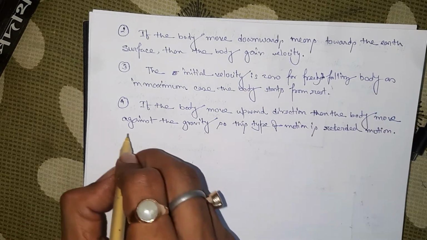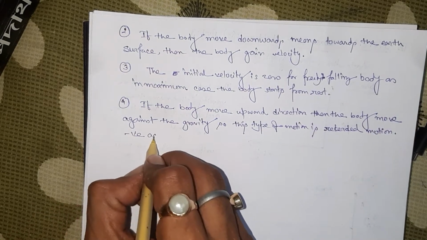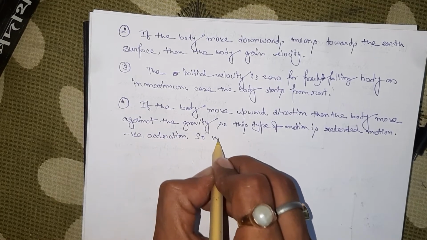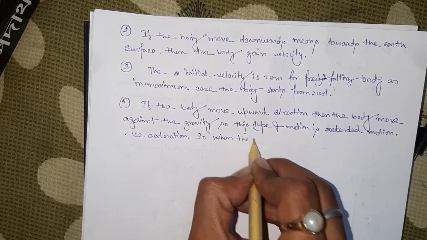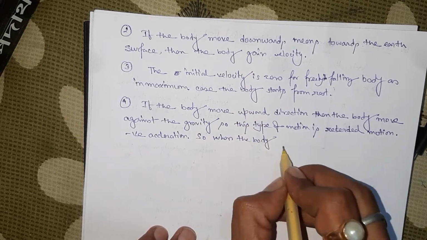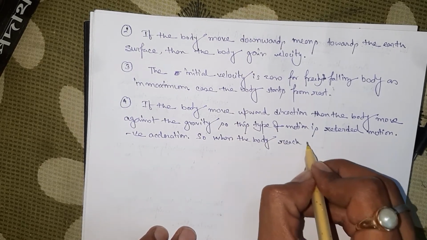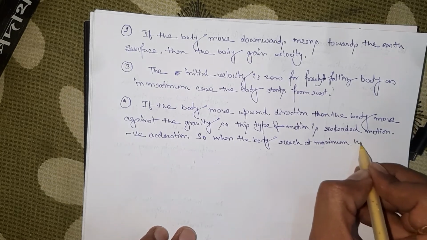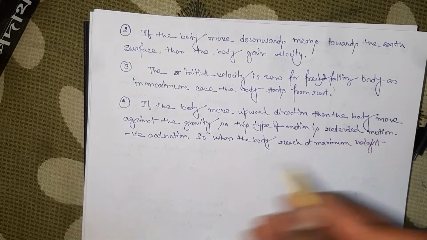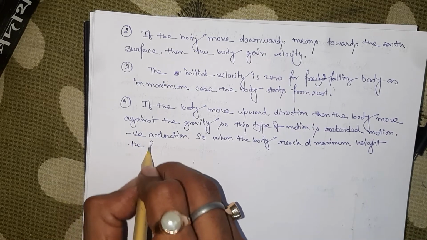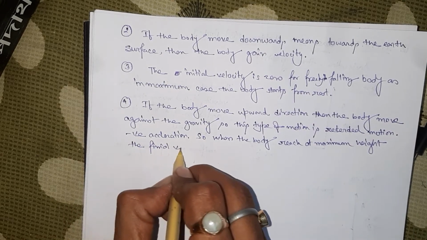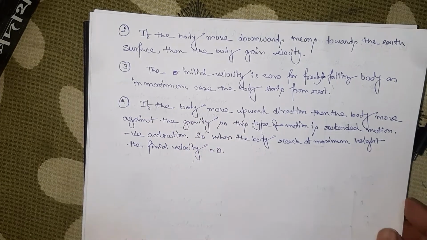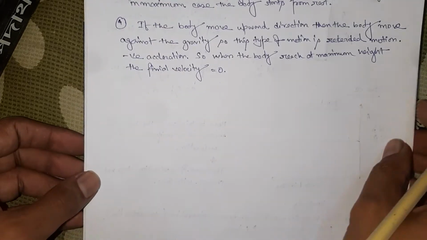That means negative acceleration will be occur. So when the body reach at maximum height, the final velocity is equal to 0. Okay, now